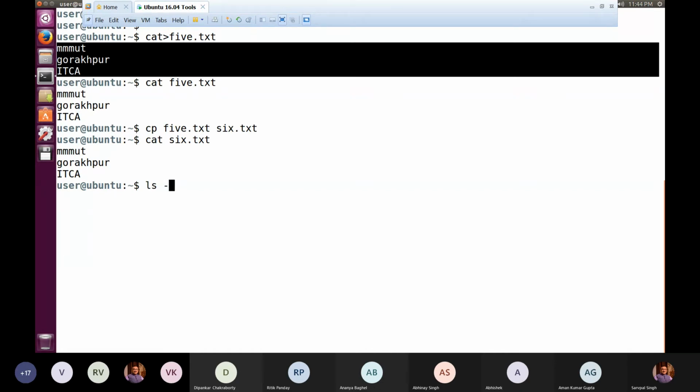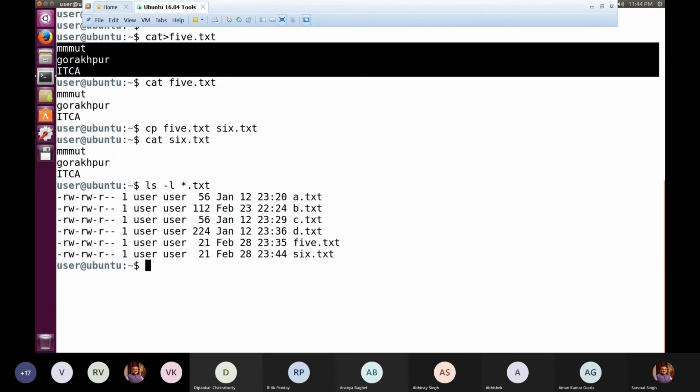By the way, if I want to look at how many text files I have created so far, I can simply write star.txt. You know that star is a wildcard, and that is again a metacharacter having a special meaning. It can simulate 0 or more occurrences of any character. So any name before .txt is selected. So here a.txt, b.txt, c.txt, and to that matter 5.txt, 6.txt, all of them have been created.